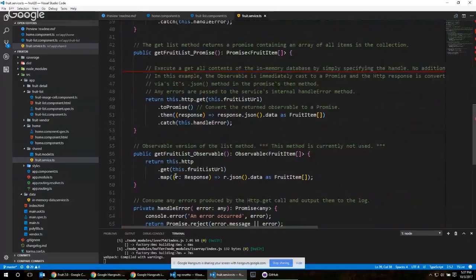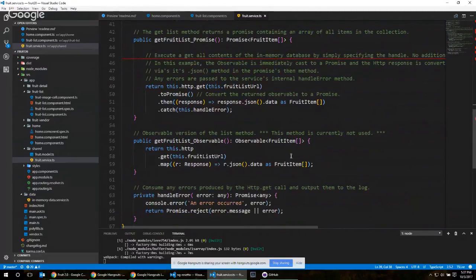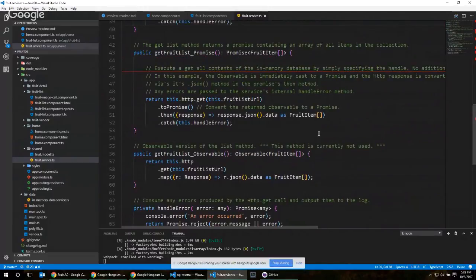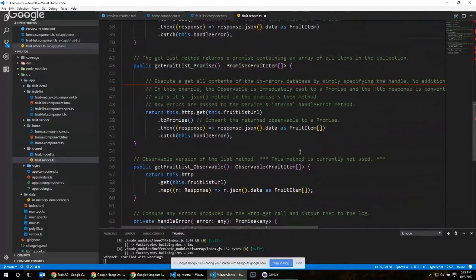So here's the observable version, right? Just taking the item and then doing a map on it on the data. And that works perfectly fine. The problem, again, was that the control I was using was missing the ability to work with that. And I think the control itself was probably fine. It was that I didn't realize that I needed to apply an async